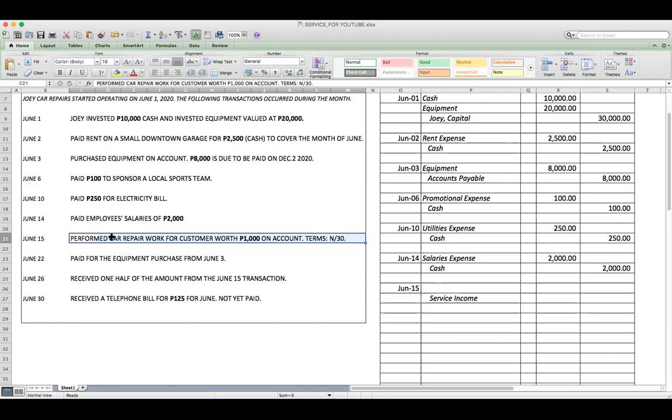If our service type of business is a school, our revenue account is tuition fee. So it is a revenue account for a school. If it is a consultancy, consultancy fee. If it is a law firm, it is legal fees. If it is a medical type of company, medical fees, or the like. Okay? So in this case, let's just use the generic account title of revenue account for service type, service income.